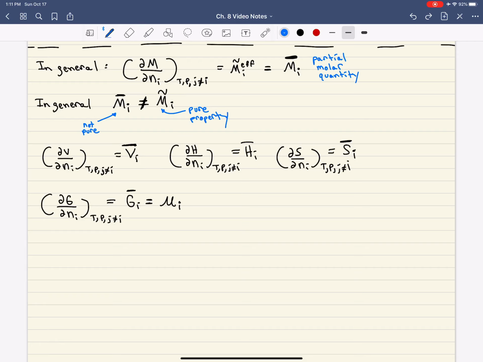This mu i is commonly referred to as the chemical potential of a species in a mixture. Okay? And so the reason that mu i gets its own letter and its own name is that it's the most famous of the partial molar quantities, because